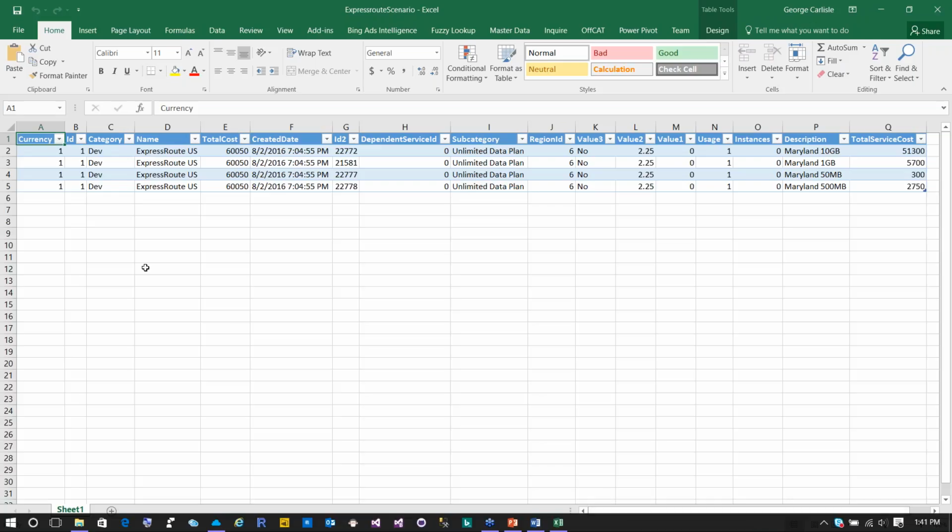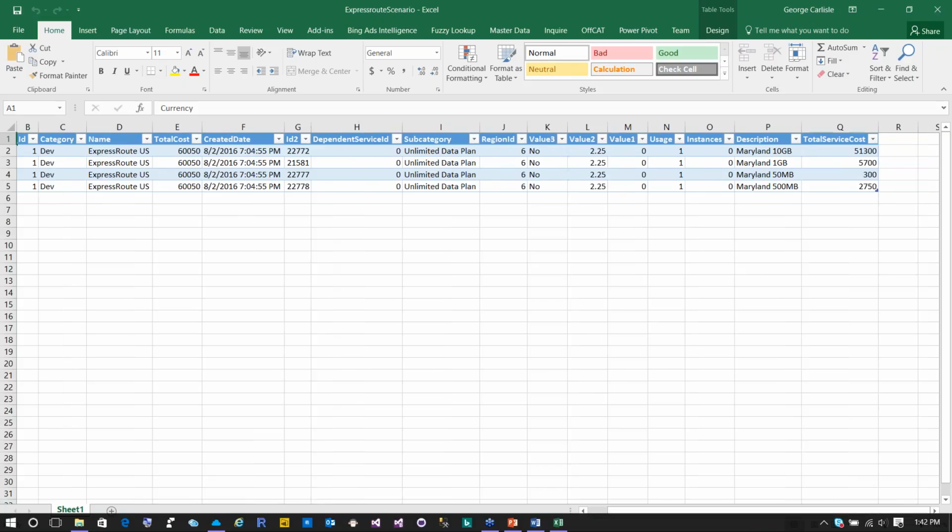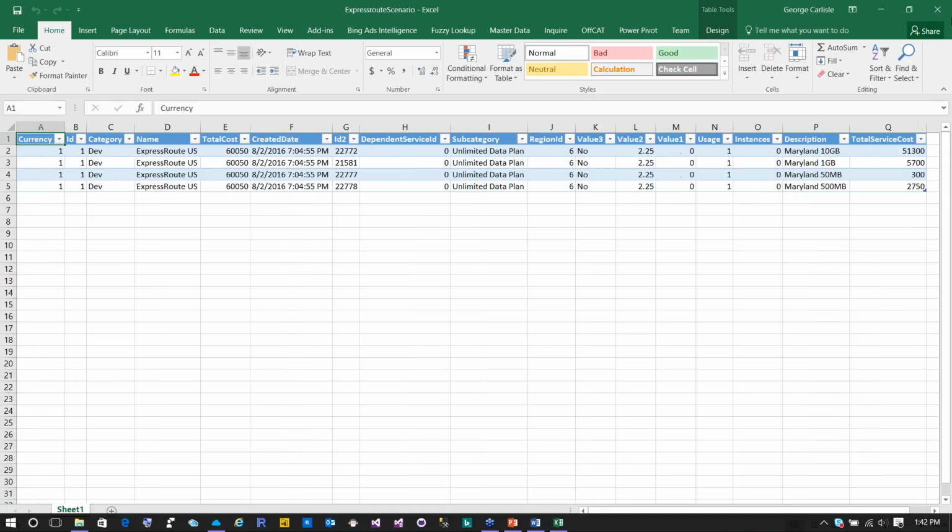So in here, we've got currency ID, we've got ID, we've got dev test, we've got the name of the service, we've got the time it was created, we've got the subcategories, we've got regions, the description and the total service cost. So this is what an XML format looks like.